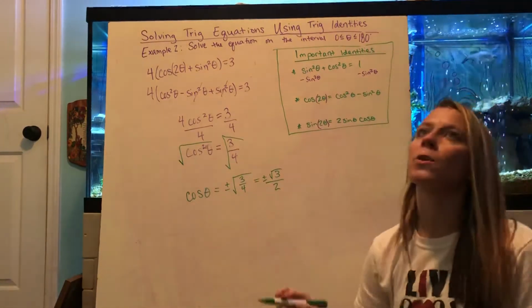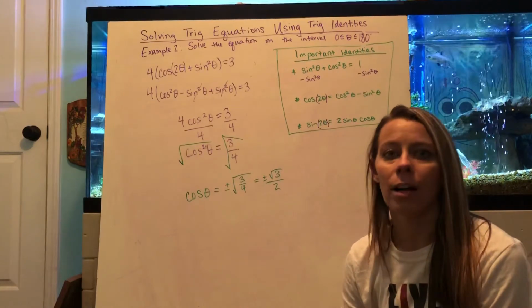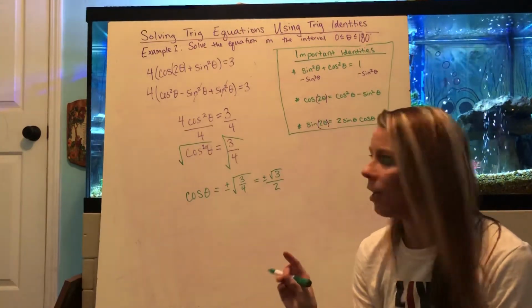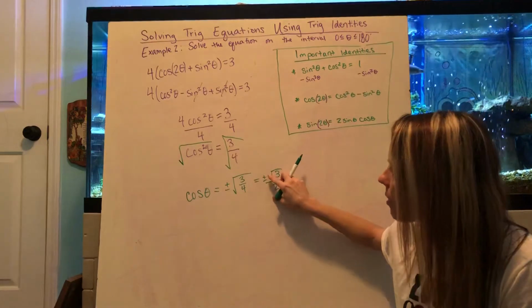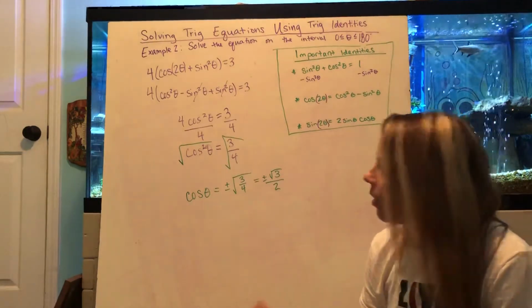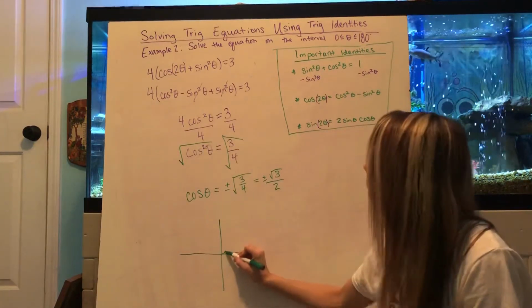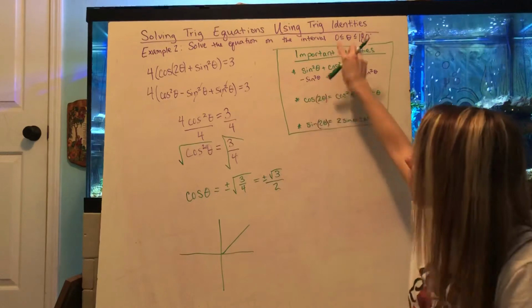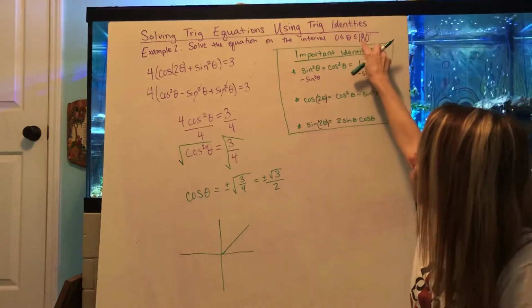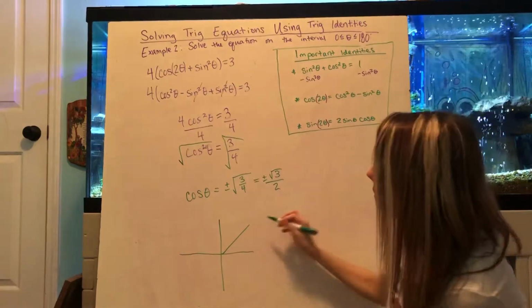square root of 3 over 2, if we think about our triangles, a 30, 60, 90 triangle has square root of 3 and 2 in it. And it's going to be everywhere where cosine's positive and negative. So that's going to be all quadrants. So I'm going to look at all quadrants. Actually, not all quadrants, because if I look at my interval, it's from 0 to 180, so just the first 2 quadrants. So right here,